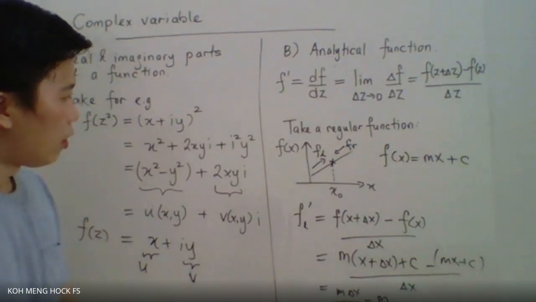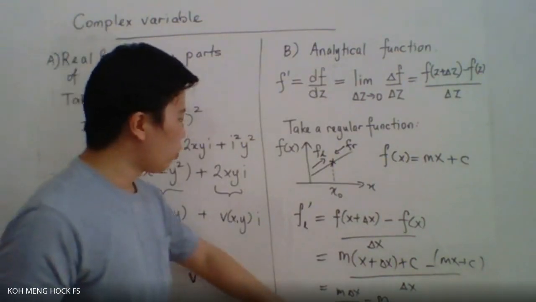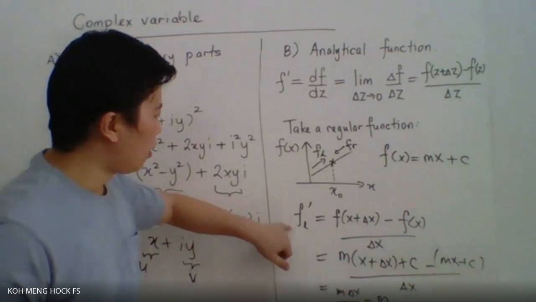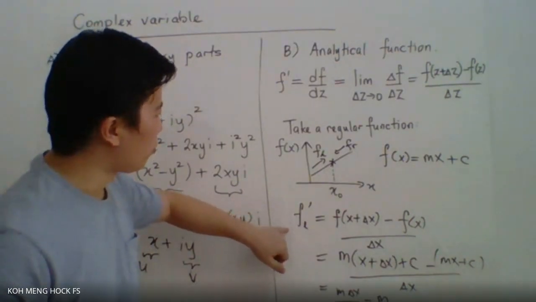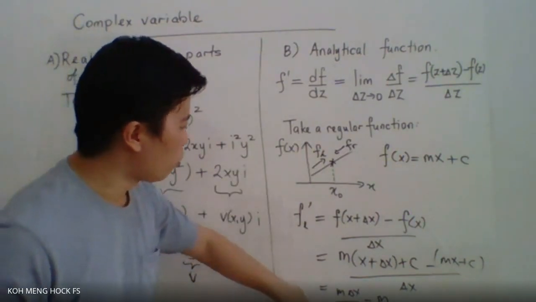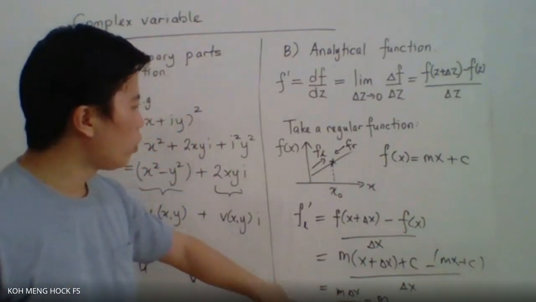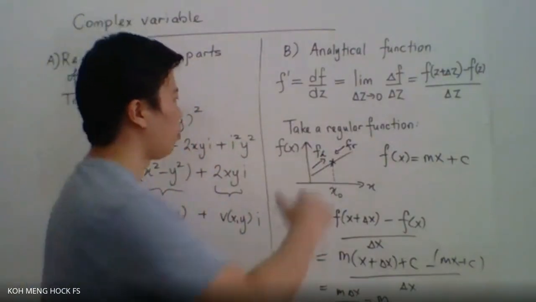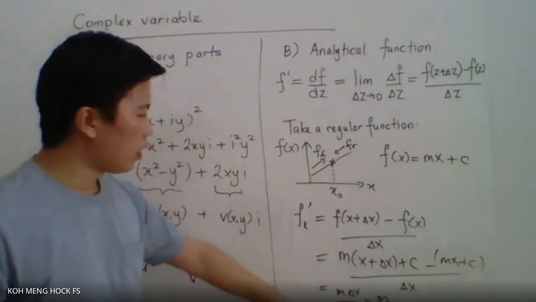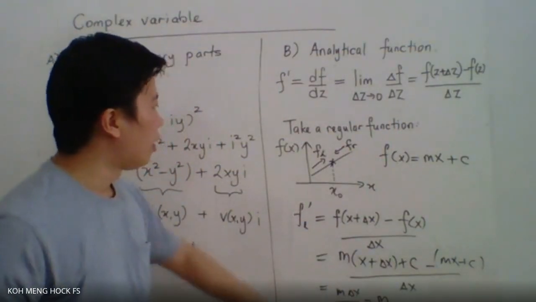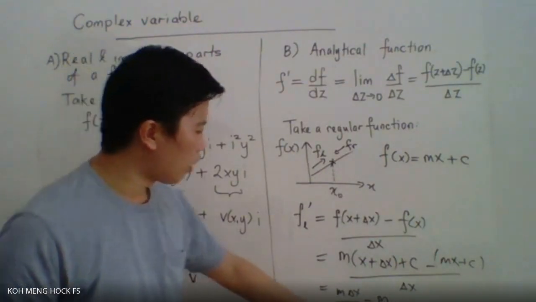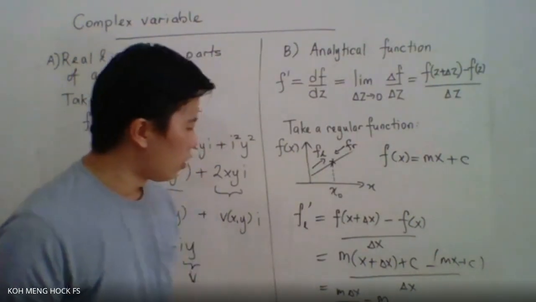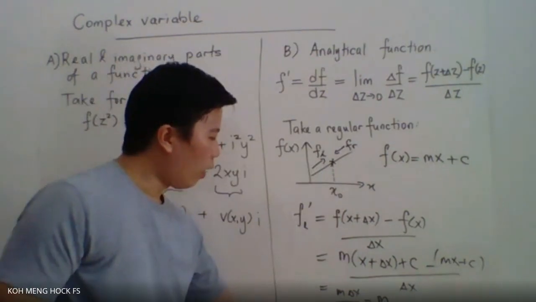So here you will see that fL, if you approach from the left hand side, is going to be equal to m, and you can do the same for the function coming from the right. You will see that this is also equal to m, and here you see there is no dependence on delta x. So it doesn't matter how you approach